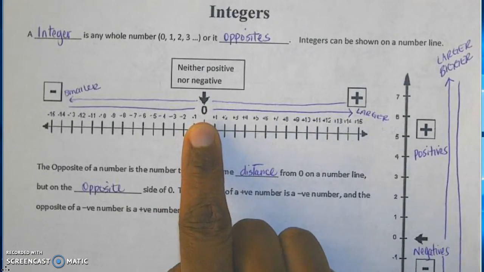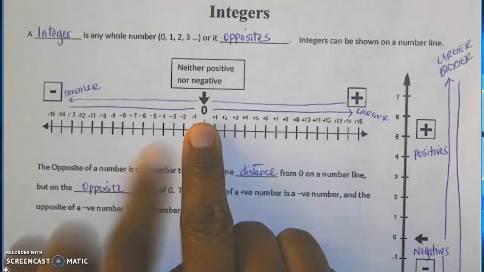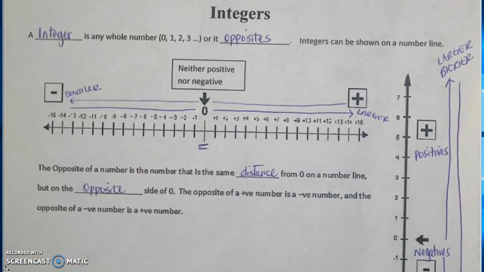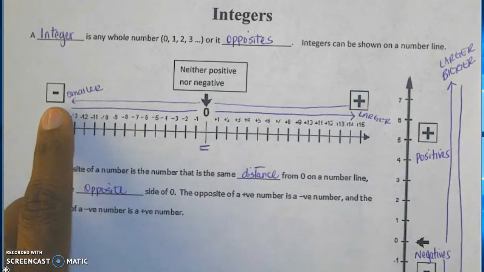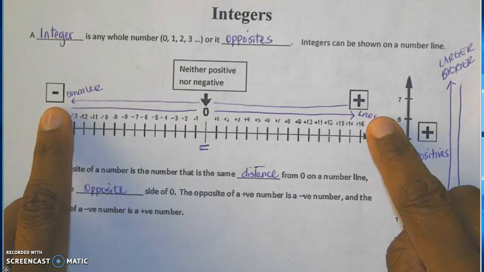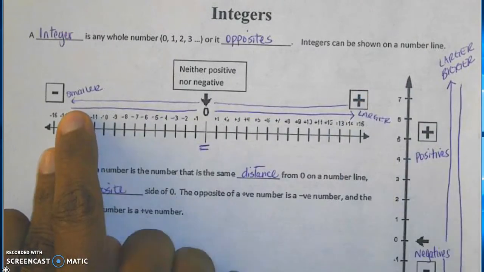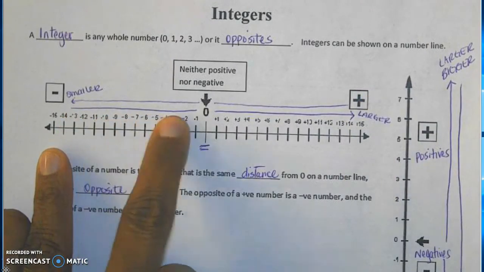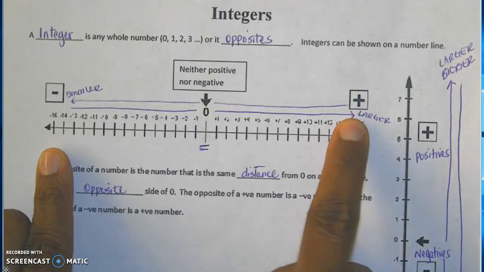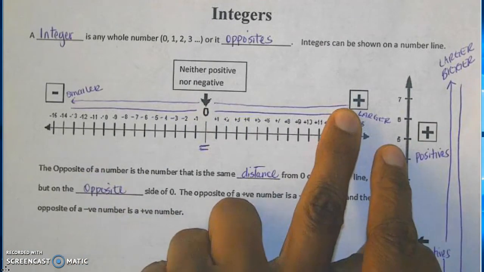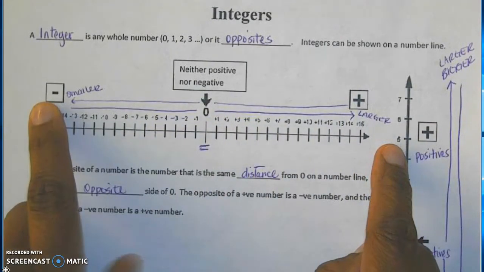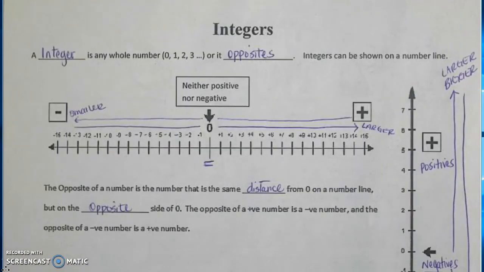0 is neither positive nor negative. To the left of 0 is always our negatives, and to the right is always our positives. As we go down the number line and we go from left to right, our numbers are getting gradually larger. And as we go from right to left, our numbers are getting smaller. Remember, negatives are always smaller than positives, and positives are always greater than negatives, and 0 is always larger than